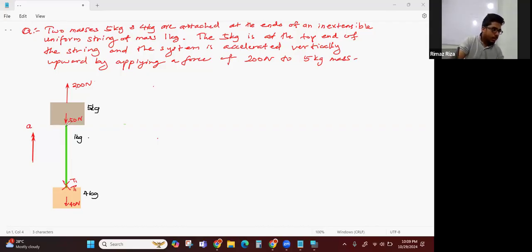So here we'll mark the tensions. This is the tension acting on the mass by the string, and this is the tension acting on the string by the mass. Let's mark that T2, T2. Okay, so the first question is,